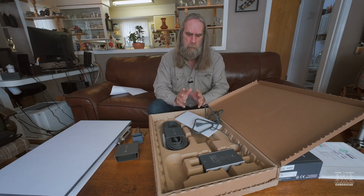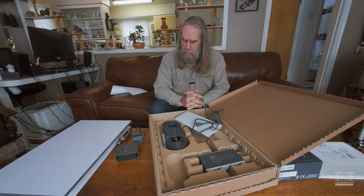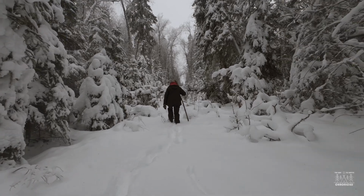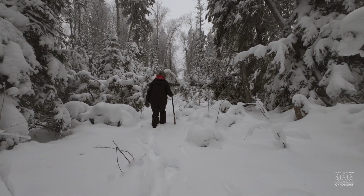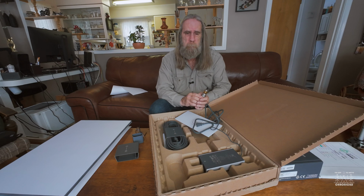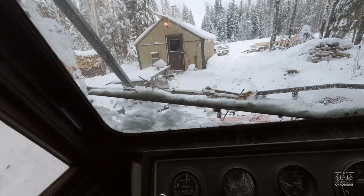So where we're located is in northern Alberta, just so you know, and we're very remote, very remote. So this is going to be an ideal setup. I think it's especially good for my wife, because the nights get very long when you're on a trapline in the winter. Days are short and the nights just drag on, and we're in a very small little cabin, so